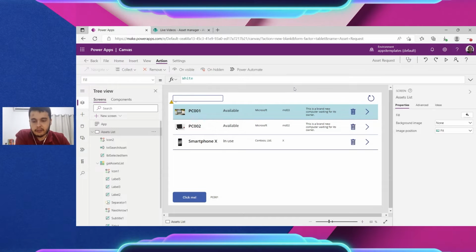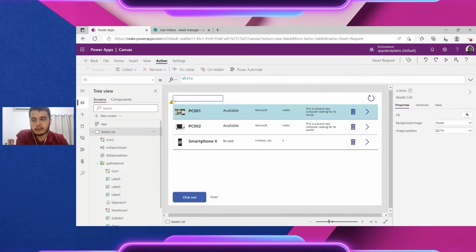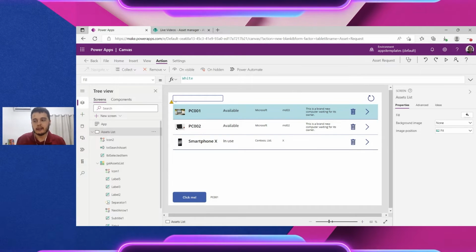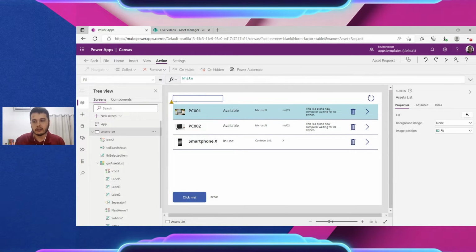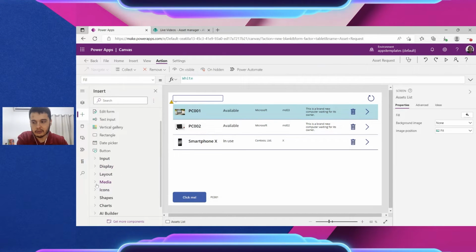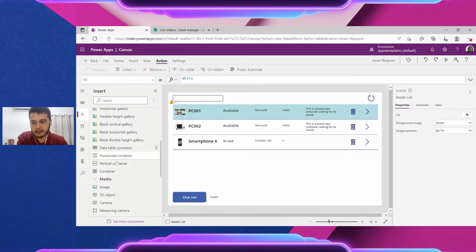Let's first build, then we will work on how to hide and show. But first, let's build. One thing that I like a lot when building extra things that I'm going to show and hide is to insert a container. A container, as the name says, is something we can place other objects inside. So I'm going to click here on this plus icon, and I can go to layouts, and we have the containers here. We have just a container, that's something we can add, drag and drop in the way we want,